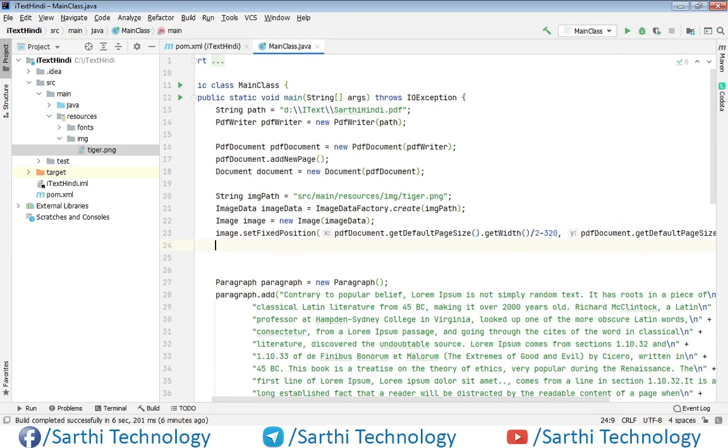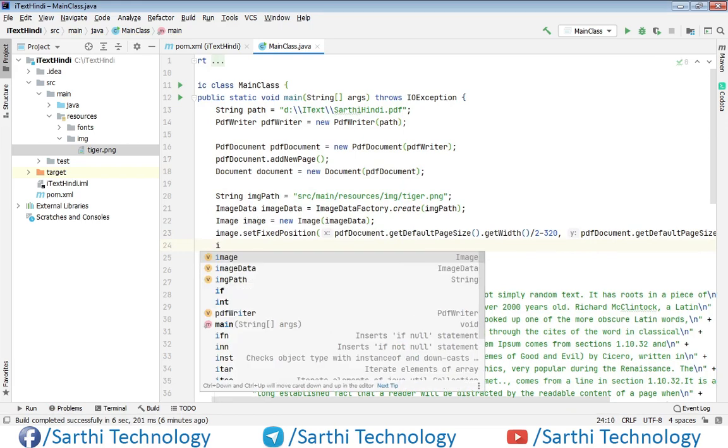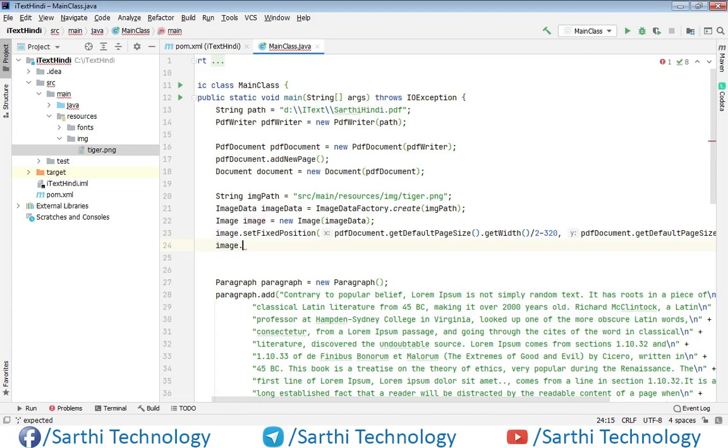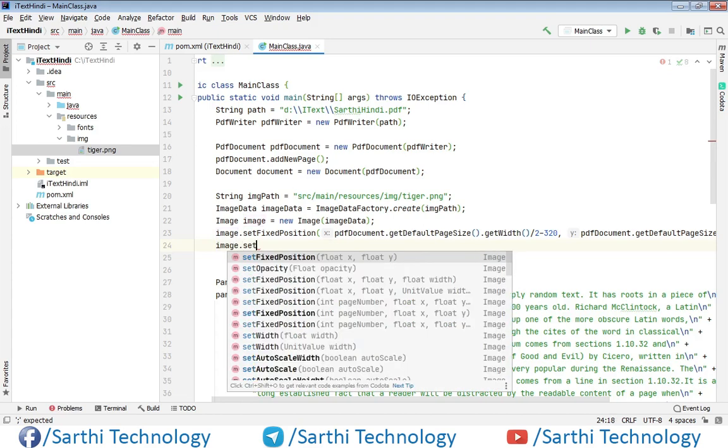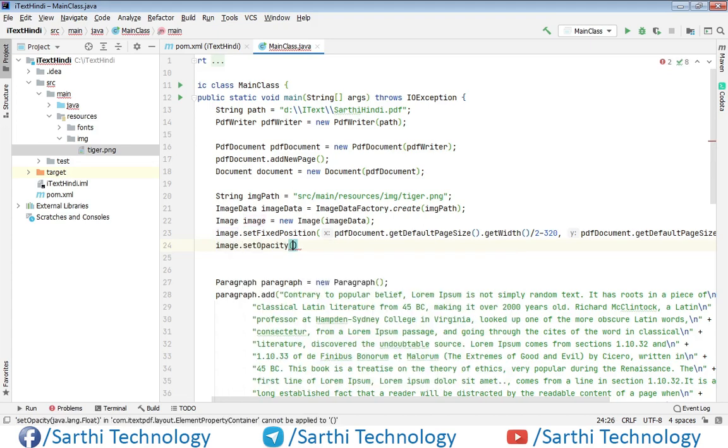And one more thing, we need to reduce the opacity of the image. So again, image object dot set opacity, and here we need to put a float value from 0 to 1. For 30% we will use 0.3f. Put semicolon.